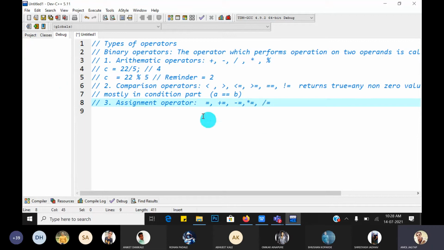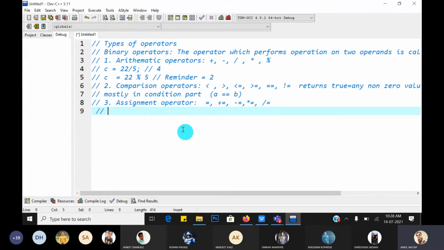Double equal is a comparison operator, and these are all assignment operators. Understood? Assignment means assigning the value of the right hand side to the left hand side variable.